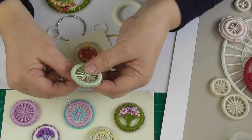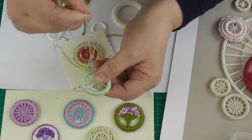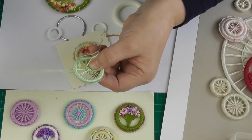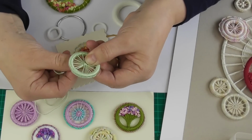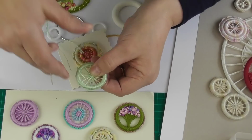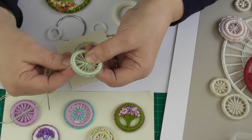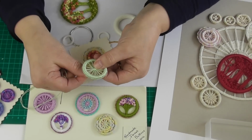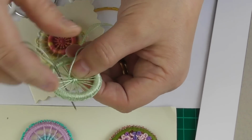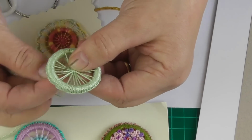and all you've got to do is come up in whichever segment you decide, and I'm going to take my thread over the spoke in front of me so that I'm actually wrapping it, and then I'm going to go one spoke back behind it and come up through there and over onto the other side of it, and then turn my wheel again, go back a spoke, come up and over to wrap it, turn, come up on the next one